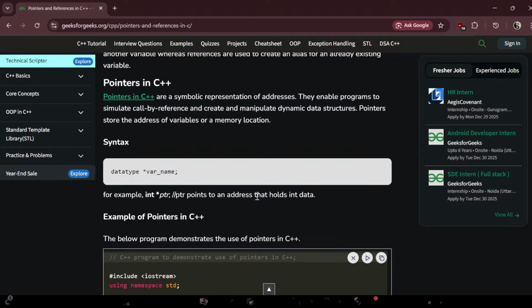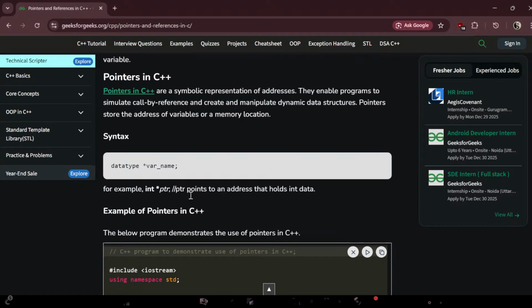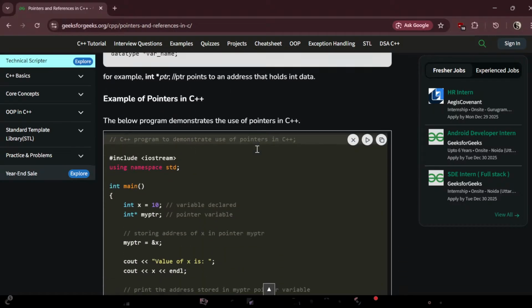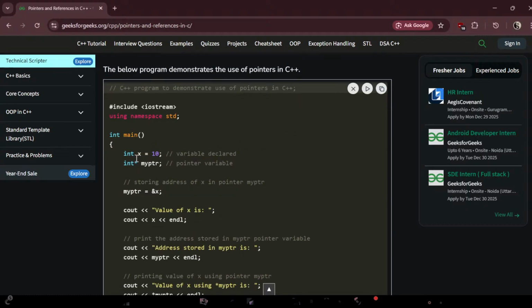PTR is a pointer to an address that holds the data. Example of a pointer in C++. The below program demonstrates the use of the pointer in C++. So we can see here there is a code. In this we have